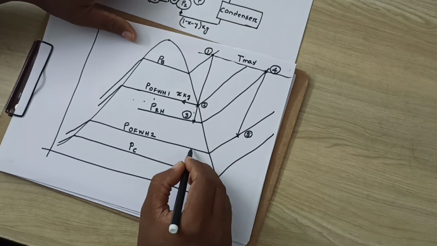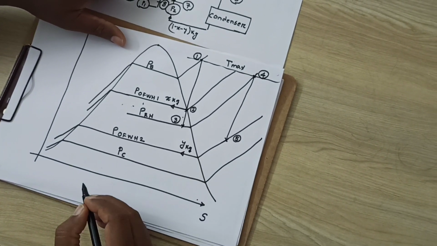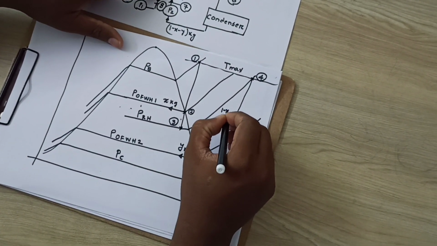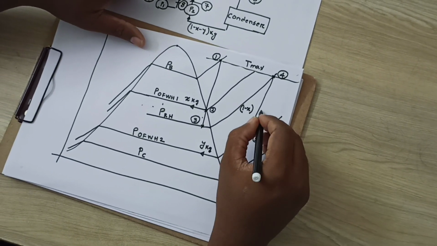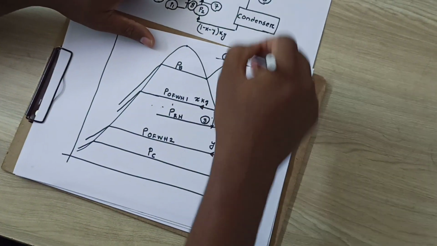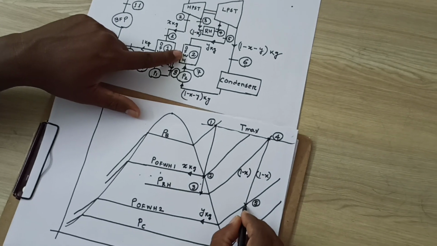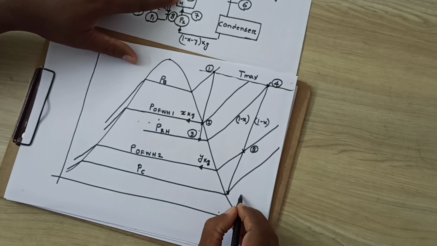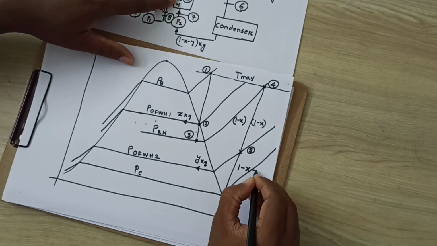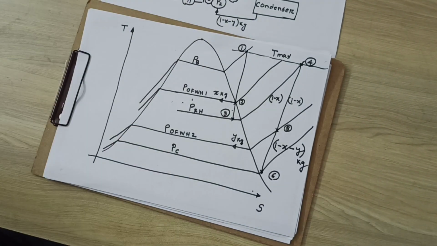So here I will divert another Y kg of steam. Here this is x kg. After this, across this it is flowing 1 minus x kg. Here also again 1 minus x kg. Y kg is diverted here. The rest of the mass is expanded from 5 to 6, up to your condenser pressure level. And this mass fraction is 1 minus x minus y kg.